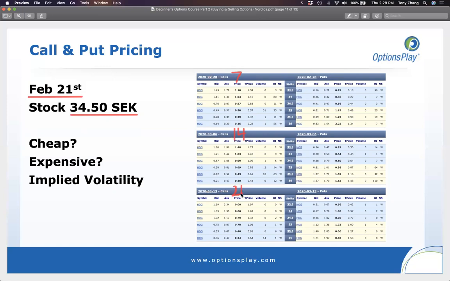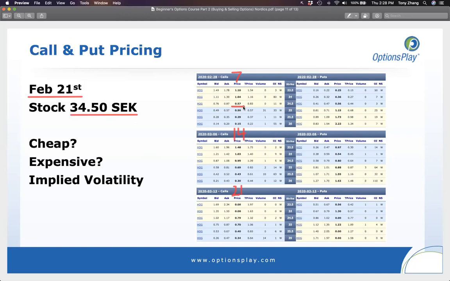So just to give you a sense for what call options trade like, and again, we discuss these things from a theoretical perspective, let's look at some real examples here. And the question is, are you paying for something that's cheap or expensive? This is something that you need to start thinking about when you're trading options. So when the stock was trading at 34.5 crowns, a 7-day call option, so an option that expires in 7 days, was trading at around